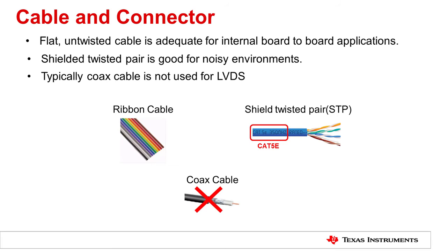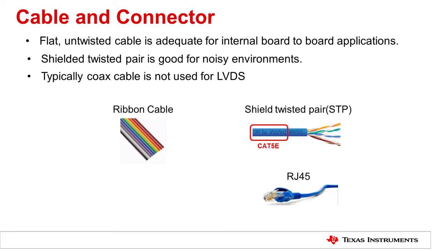For LVDS applications, twisted pair cable is recommended over coax since it provides two identical conductors to transmit the signal and its complement. Any distortion will affect both conductors equally, therefore the differential signal does not change. Connector selection should follow specific cable type and application need. For example, RJ45 is a common connector to pair with Cat5. FFC and FPC connectors are commonly used with ribbon cables.